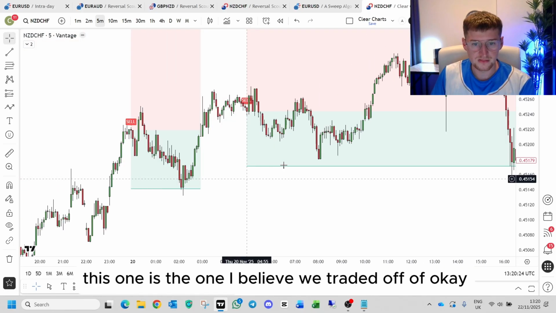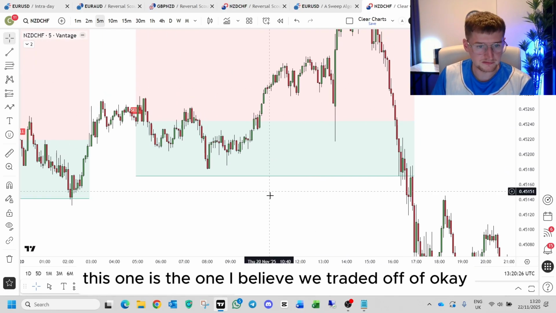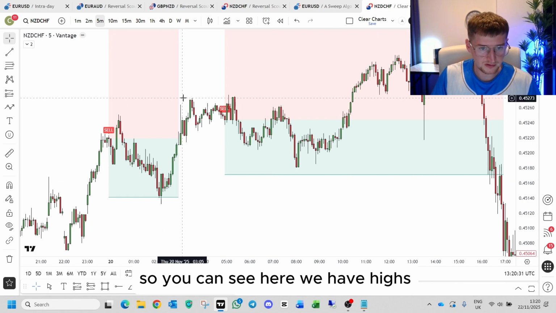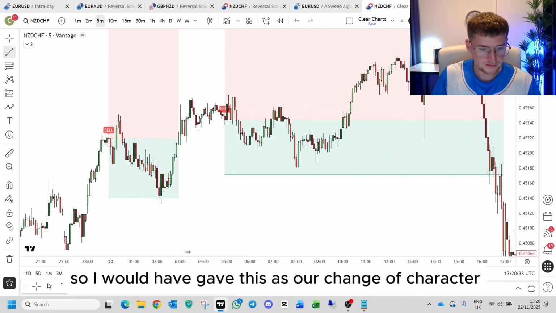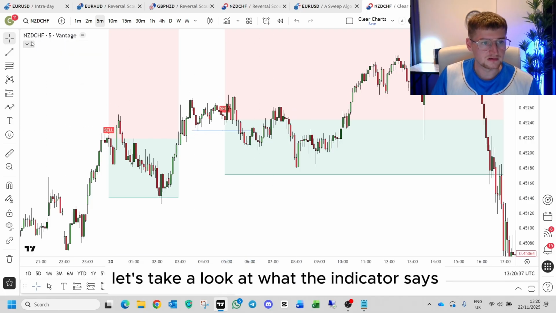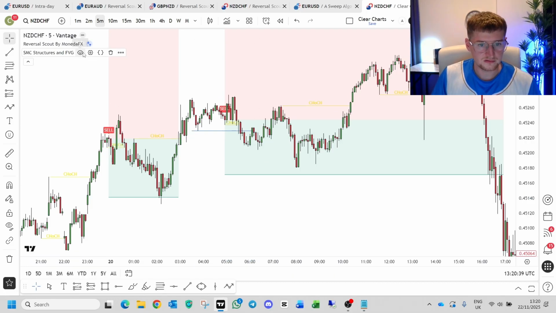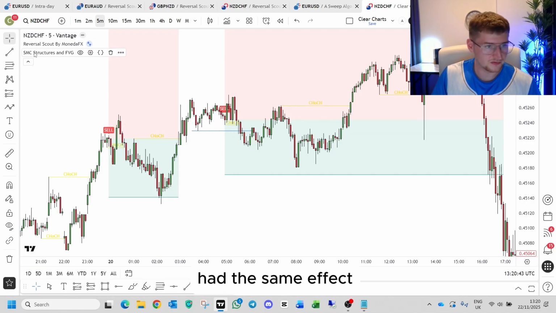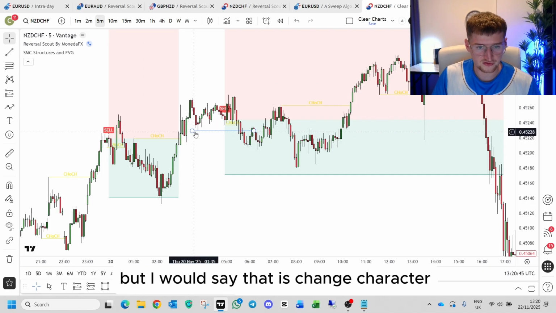This one is the one I believe we traded off of. Okay, so you can see here we have highs, lows, highs, lows, highs. So I would have given this as our change of character. Let's take a look at what the indicator says. Indicator goes there, okay. Had the same effect, but I would say that is change of character because, come on,